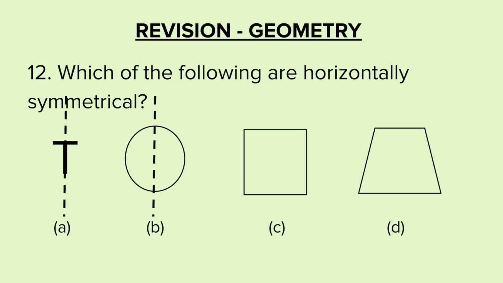Second one, this is a circle. This is vertically symmetrical as well as horizontally symmetrical. Vertically is the standing line, horizontally is the sleeping line. C one is a square. This figure is also vertically symmetrical as well as horizontally symmetrical. The last one is not horizontally symmetrical, but if we check vertically, this figure is symmetrical. Now when we look at all the 4 figures, the first and the last one are vertically symmetrical and the B and the C options are horizontally symmetrical. We will put a tick on B and C.